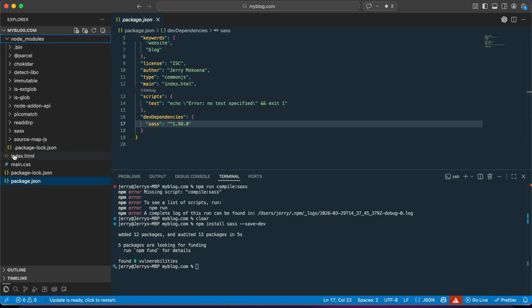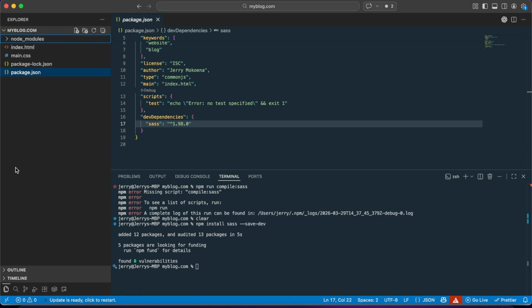So you don't need to know what is inside of this folder. That folder is the one that does magic on our project. So we have already installed Sass, and then the next thing that we're going to do is we need to create a Sass file, where we're going to write our Sass code. So for us to do that, remember I said if you're working on a MacBook, you're going to say